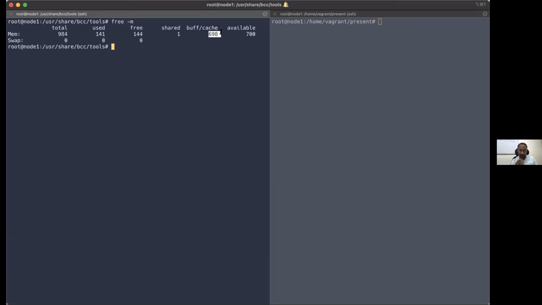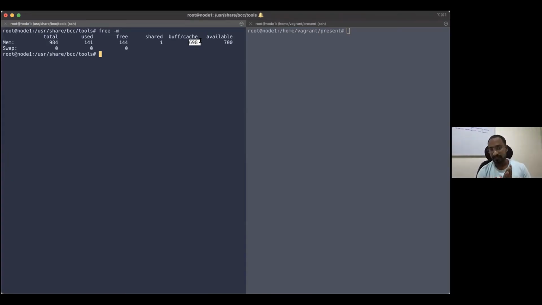It is called the minor page fault. So with a minor page fault, it asks the RAM, do you have this data for me? RAM will tell, no, I don't have that data in the buffer. So what the OS will do is go for a major page fault, where it will also check the buffer and cache held by the disk, get the data from the disk buffer and cache, and put it into the RAM. Suppose even in that buffer and cache the data does not exist, then it is quite a long journey. You need to reach the disk to get the data. So basically what I'm trying to say here is this buffer and cache represents the disk buffer and disk cache. That is the information I like to tell.